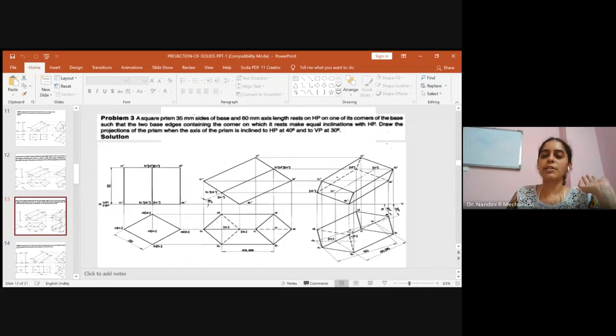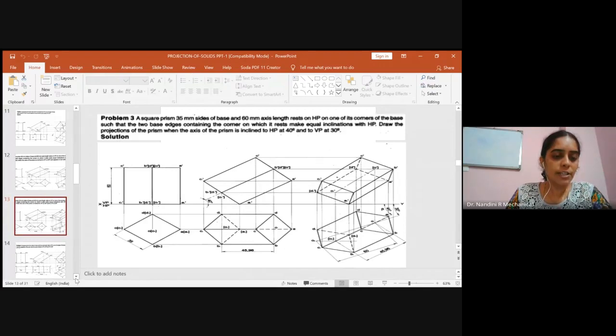So this is done. Similarly, from the point B also, the projection coming from B lies in these three places, 1, 2 and 3, which are from the outside boundary of the solid, and hence even that will be continuous line. You cannot show the hidden line. So this is how you have to solve the problem when it is resting on one of its corner, and it is an axis problem where the axis is directly inclined to VP at the given angle. If it would have told appears to be, then we would have shifted directly the axis to 30-degree line without determining the beta angle.